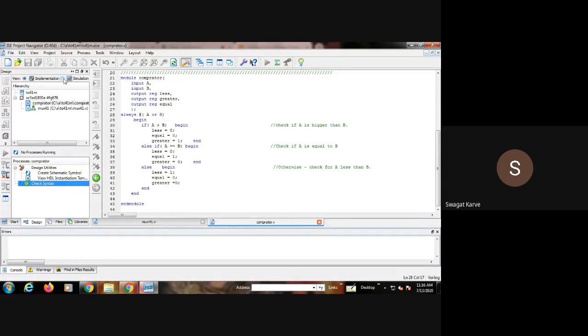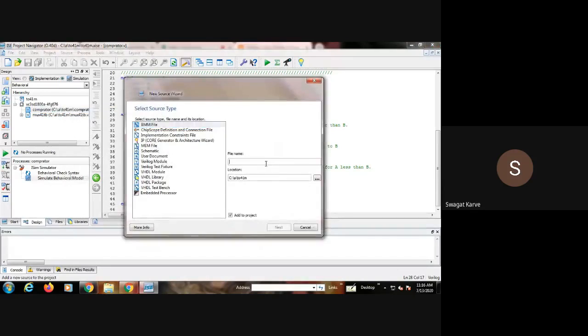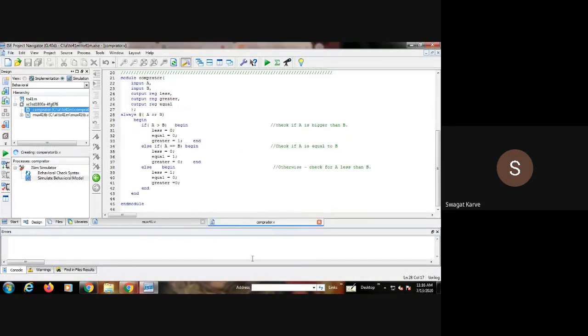Okay, now it's time to go for the test bench code. Now how to go for it? Shift to the simulation, then select our design. Okay, then add new source, comparator TB is the name I have given, then Verilog test fixture, next, finish.